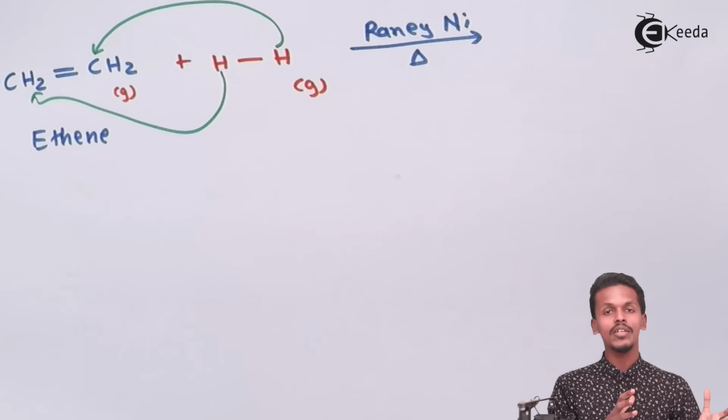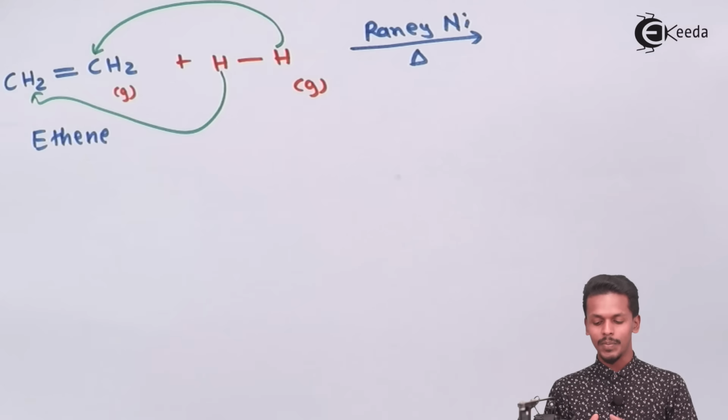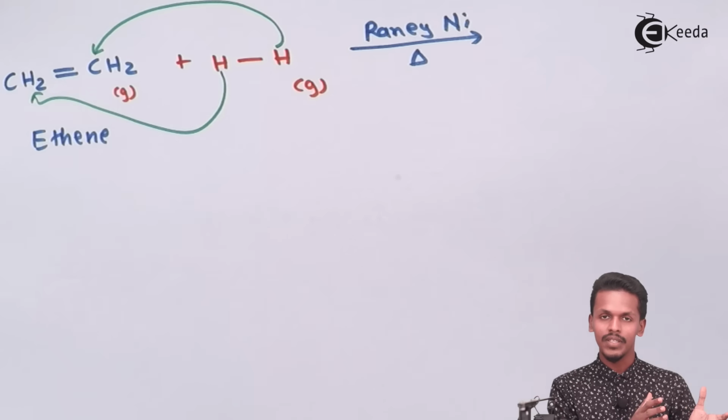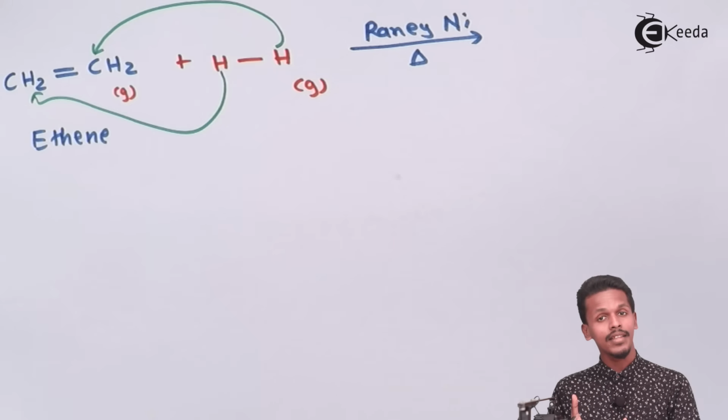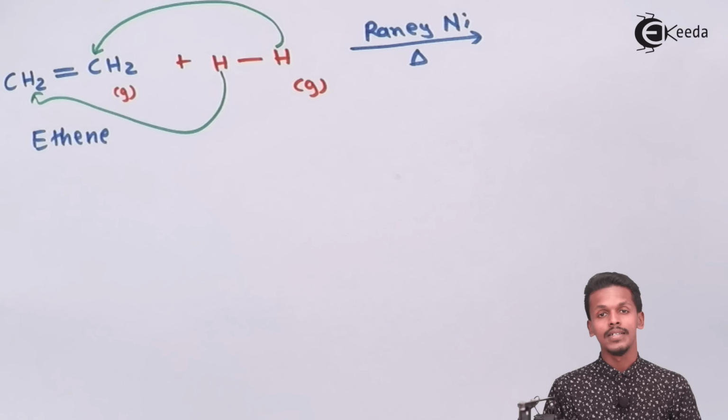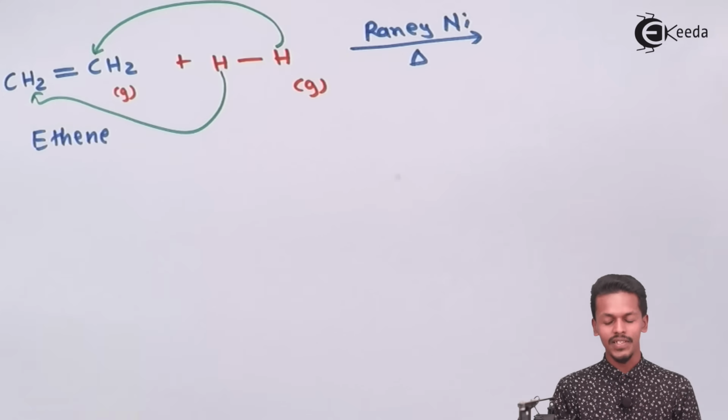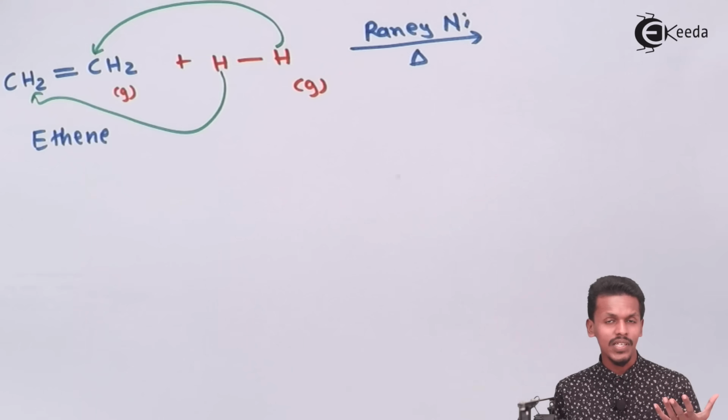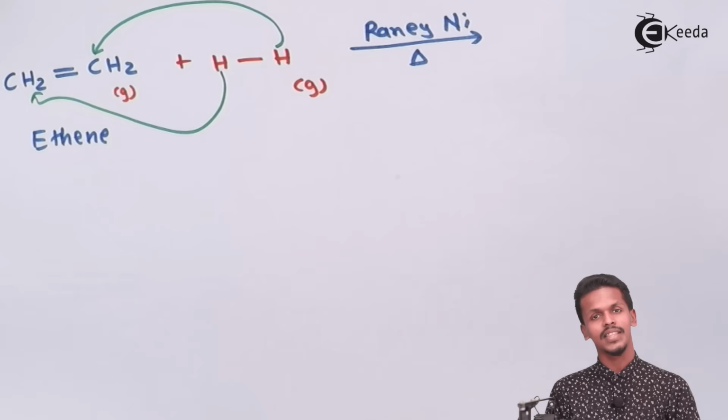So in this case, basically in CH2 double bond CH2, the hydrogen will attack one of the CH2 molecules, and another hydrogen will attack the other CH2 molecule. So now if this process happens in this way, after the completion of the process, the thing that we'll get is,